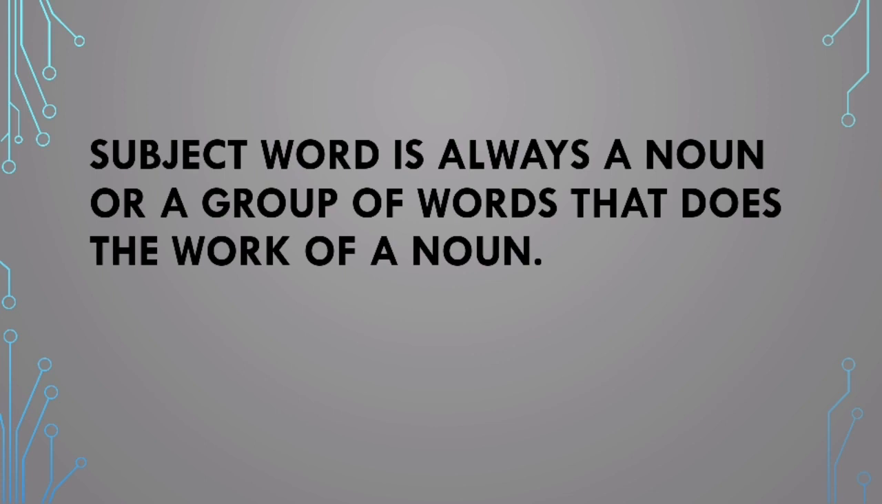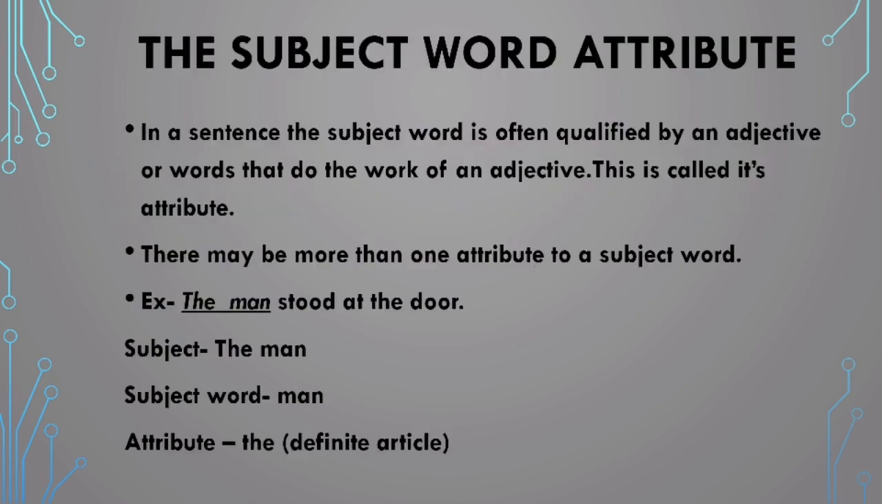कि जो आपका important subject word होगा ना, that would be a noun or any group of words that does the work of a noun. Now let's talk about subject word attribute. Like in a sentence, the subject word is often qualified by an adjective. You all know adjectives, they qualify nouns or words that do the work of an adjective, and this is called its